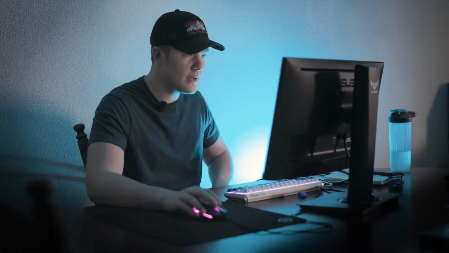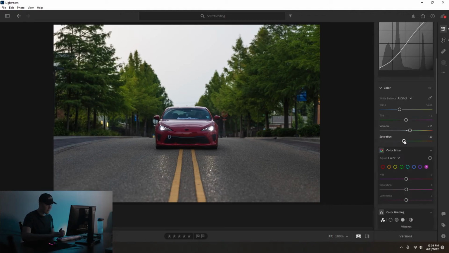It's like the intensity of the colors and the contrast of the colors, that kind of thing. And saturation just brings the overall intensity of the color back down just a little bit. I like how these two play off each other a little bit. It's really subtle, but it just adds a little bit of pop without it being too overpowering in terms of